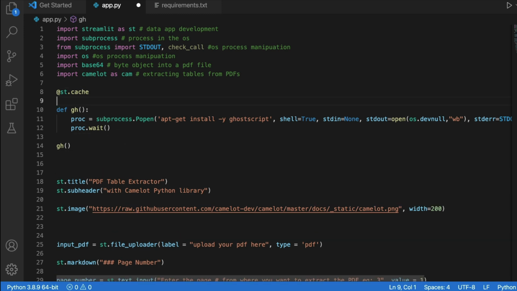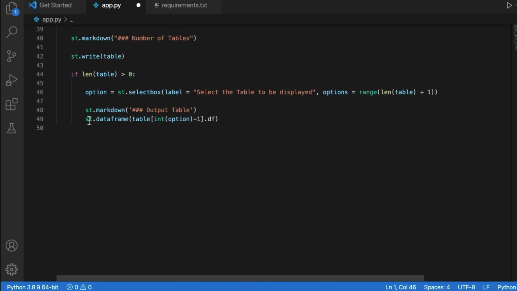So let me paste it, and let me add a docstring, maybe say install Ghostscript on the Linux machine or Unix machine as well, or this is particularly for a Linux machine. Yeah, so after you install Ghostscript using this, one thing we need to make sure of is that whenever the Streamlit application runs, every single line of the code from top to bottom would execute. So the first line till the last line, say 50. I think 50 is my magical number, because every time I deploy an application, it doesn't cross 50, and then we really have a cool application.